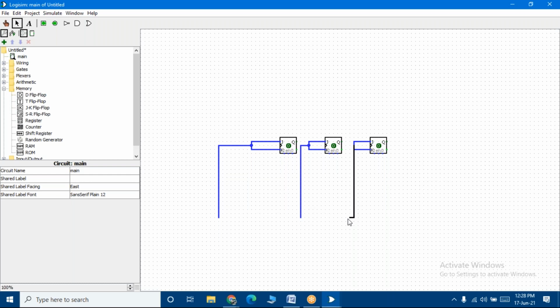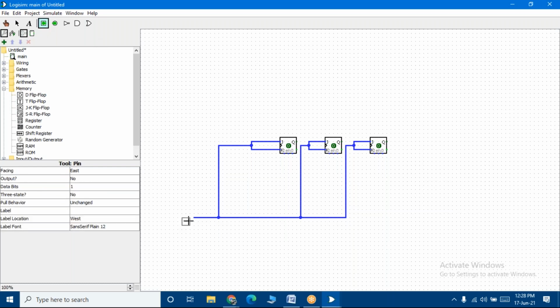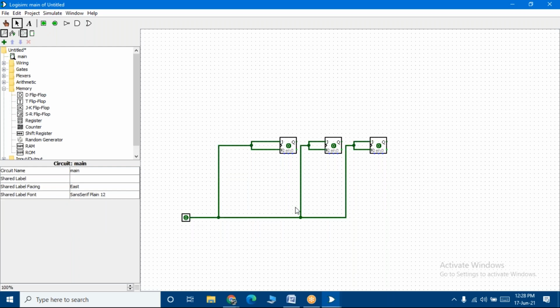Let me go ahead and, so once your connection is correct, students, don't bother about the output, you'll automatically get the output. Okay, so make sure that you connect it properly. Okay, so let me connect all these to the input, right, students? So let me select the input, so let me place it here. Okay, so my connection is over here.